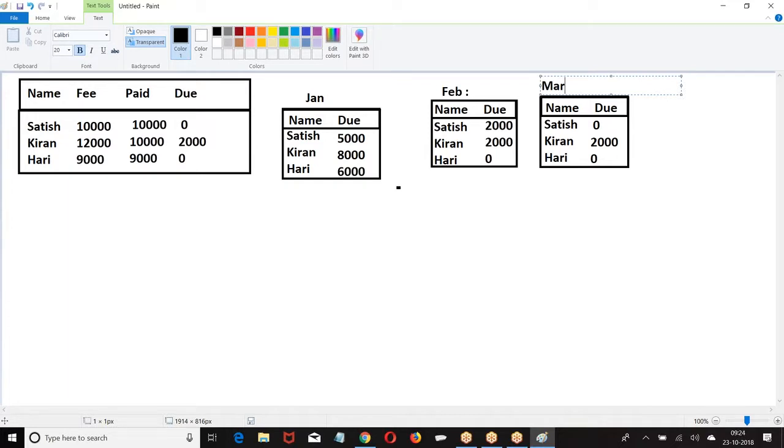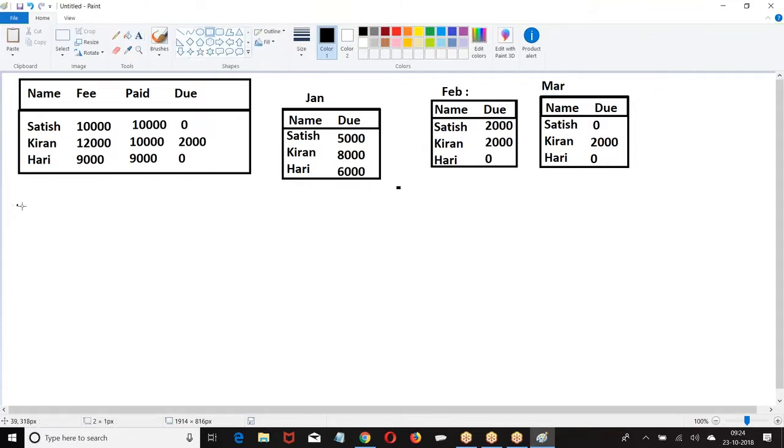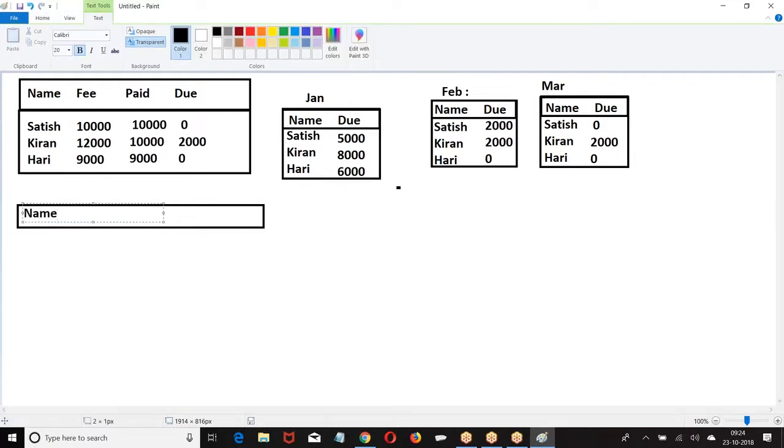To achieve this, we are going for a concept called reporting snapshot. What is this reporting snapshot? Whatever report you created in the month of January, create a table. Name, month.